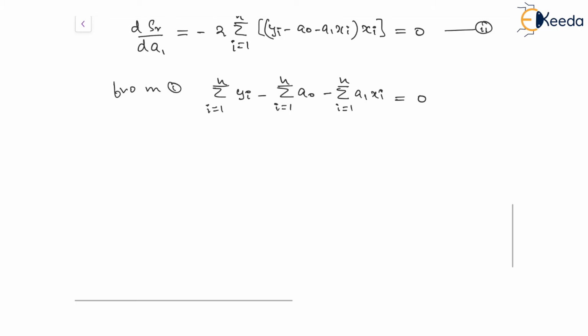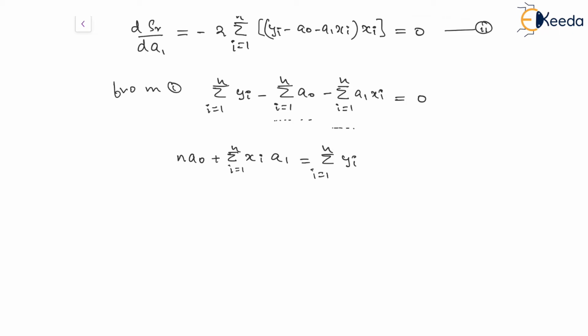And from here we can say that the summation of a0 from i equal to 1 to n will be equal to n times a0, and this will be equal to summation of xi times a1. So this a1 will be a constant, i equal to 1 to n, equal to summation of yi from i equal to 1 to n.